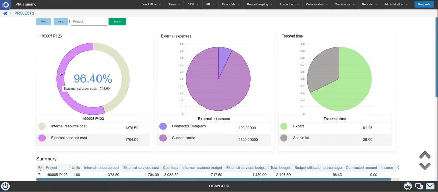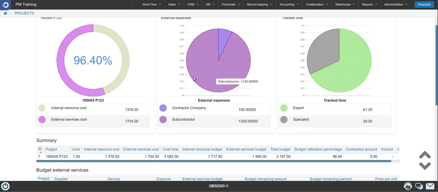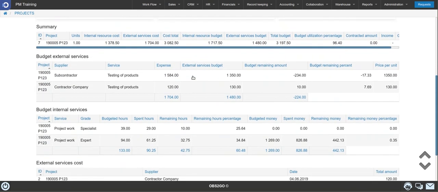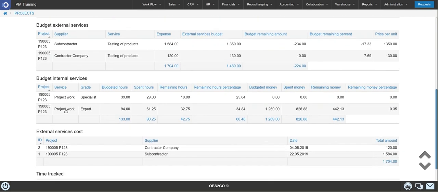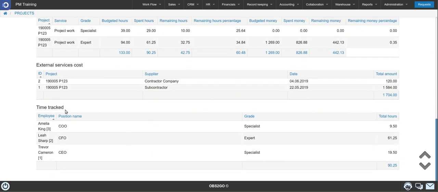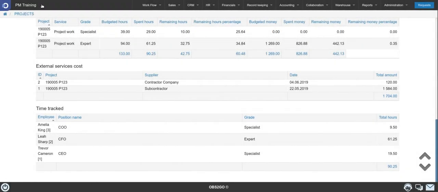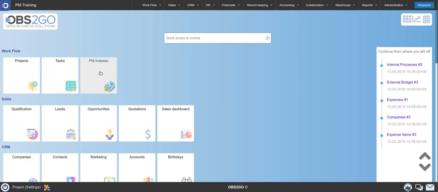At the top, you can see a comparison between internal and external cost, breakdown of external expenses, and breakdown of time tracked by the project team. At the middle, you'll find a detailed summary of both of the project budgets, external and internal. At the bottom, you can see a breakdown of external expenses, and the time which has been tracked by our project team by now. Now, let's go back to OBS homepage, and see the last BI feature, which is PM